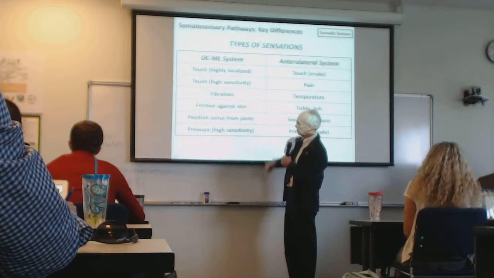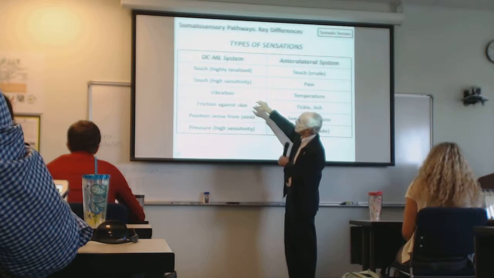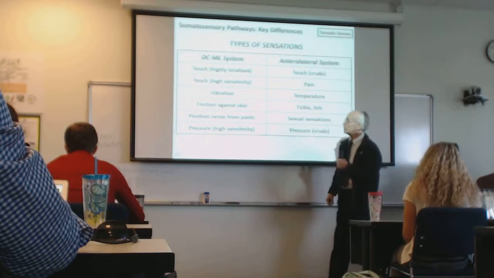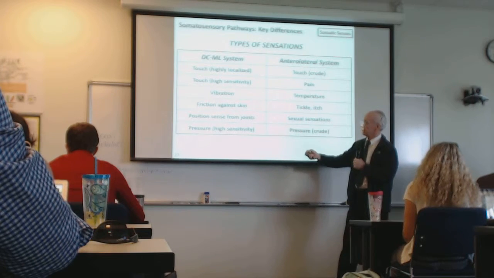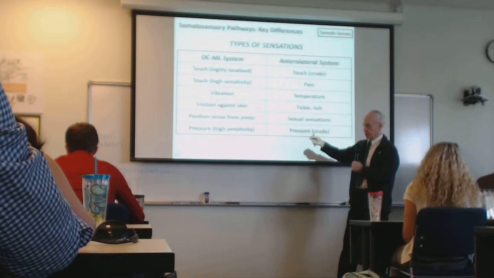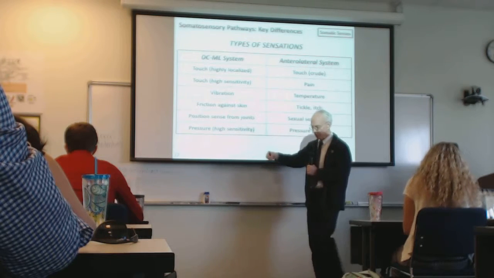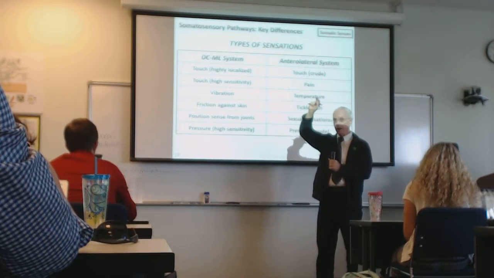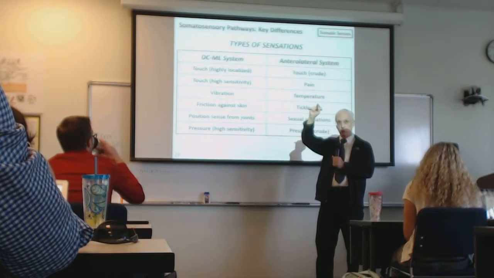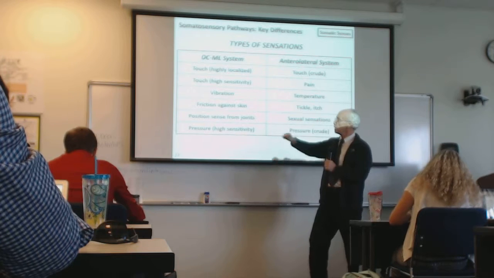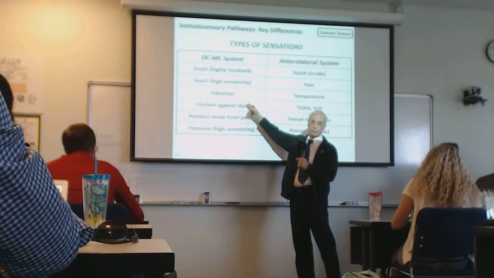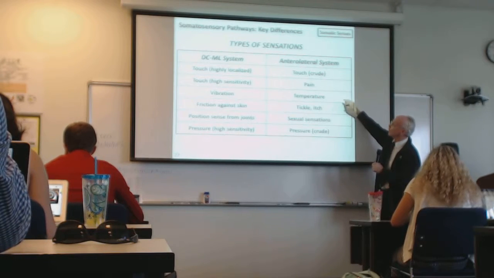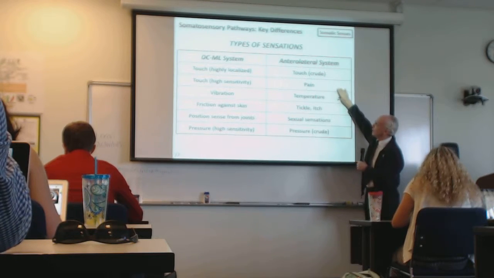Position sense, very, very fine sense of touch. In other words, we were doing two-point discrimination, and that's a little more complicated than this because it involves specialized receptors we'll talk about in just a minute. But for very fine two-point discrimination that you would use, say, in your fingertips, that would be DCML. Again, whereas the spinothalamic tract, very crude touch, mostly pain and temperature,